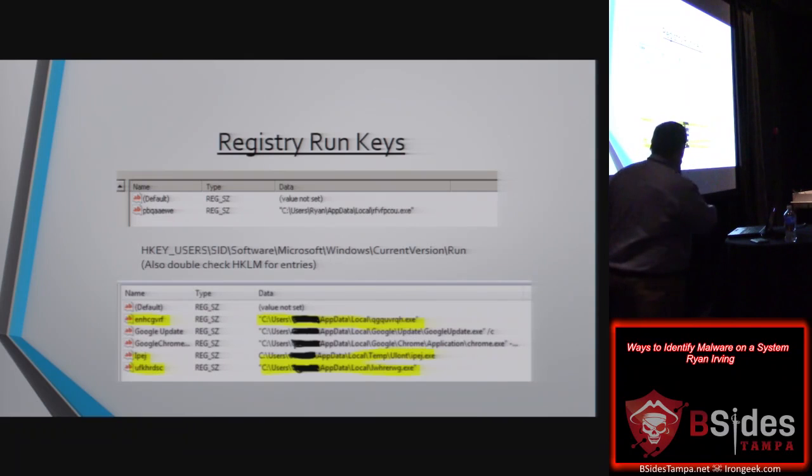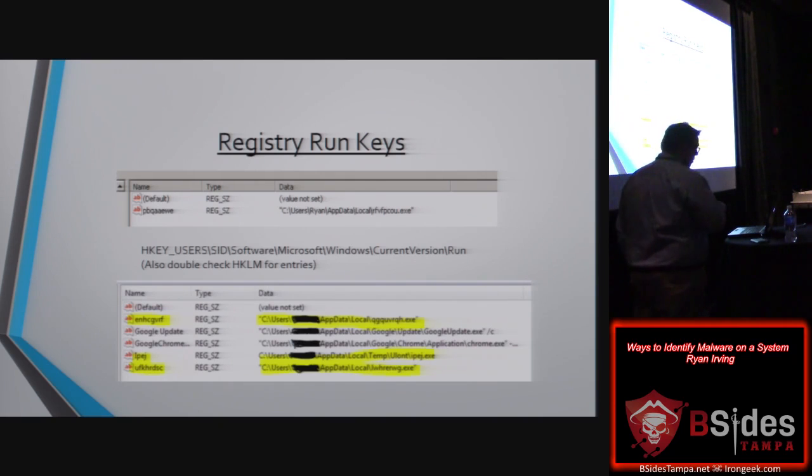And it's also one of my favorite places to look first for malware when I'm looking at an incident, because it's typically my first piece of the puzzle. If I can identify how the malware is maintaining persistence, and I can get an indicator right away, I can then create a date and time. I can look at other files created during that date and time as well, and that could help build my puzzle,